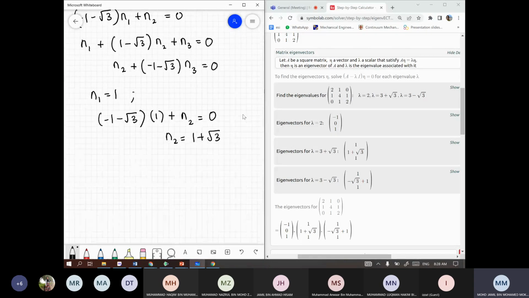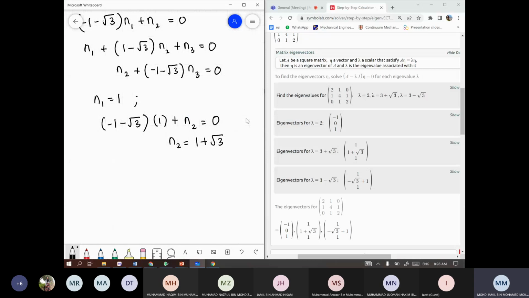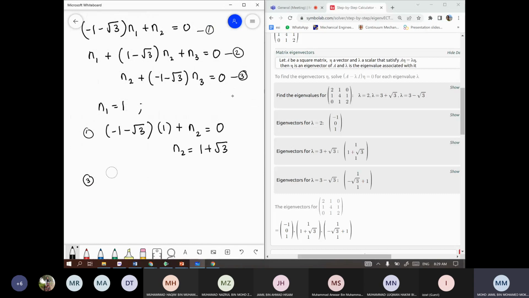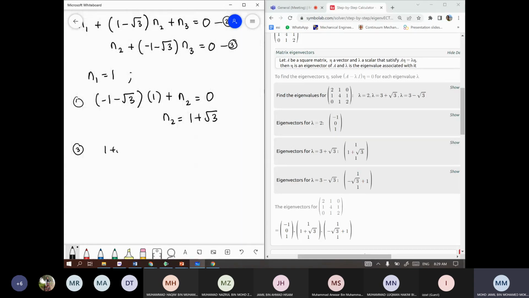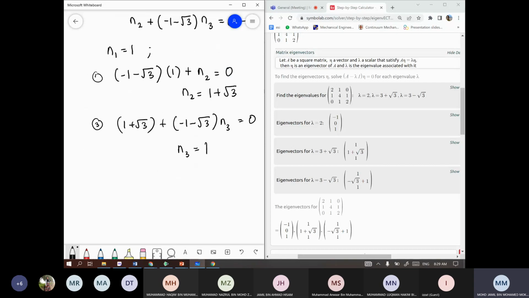But maybe later on I will show you, I will give you one more example for this. So the second eigenvector is